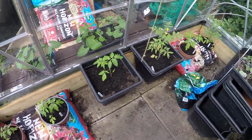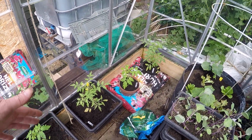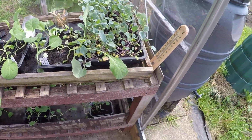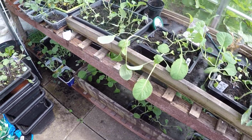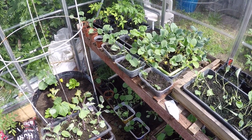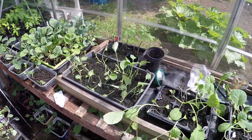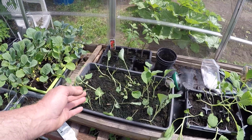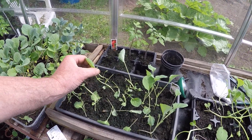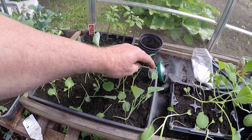Tomatoes finally put in. This on the left here is going to be mirrored on that side when I take this table out. Obviously this has got all my seedlings in. This needs to come out to give me room to put the remaining tomatoes in, but we've had a bit of a decimation overnight, because I watered here last night and something's got in and chewed the top off my